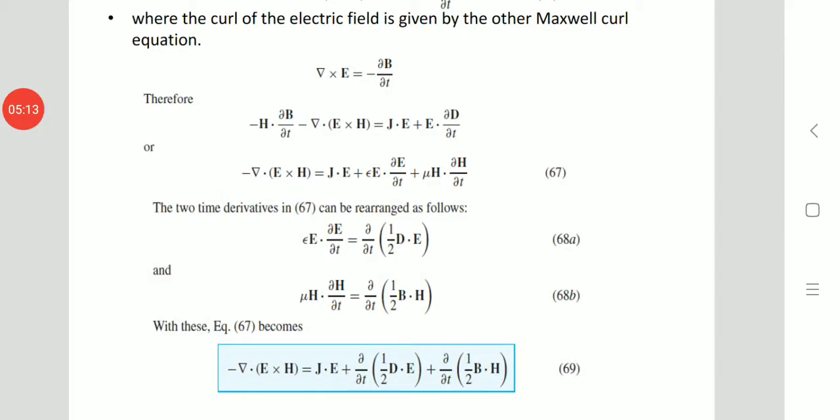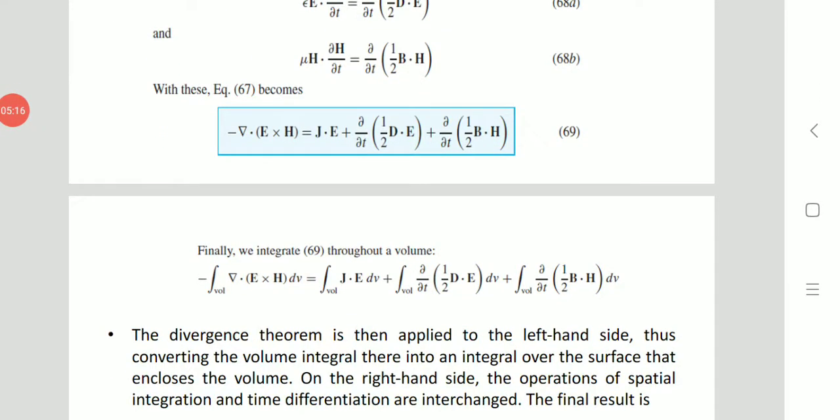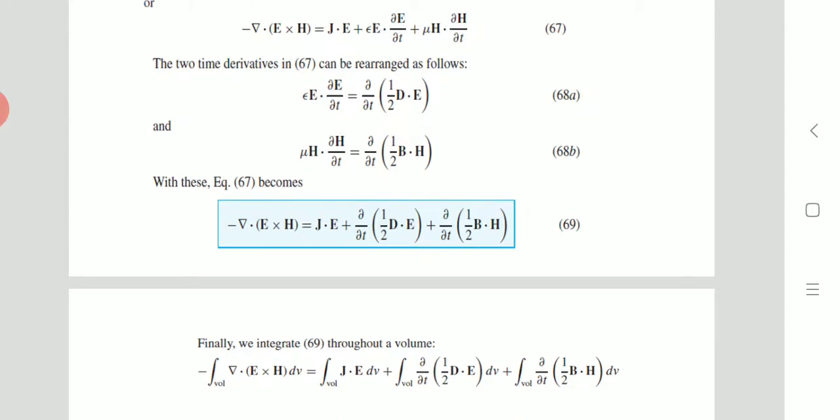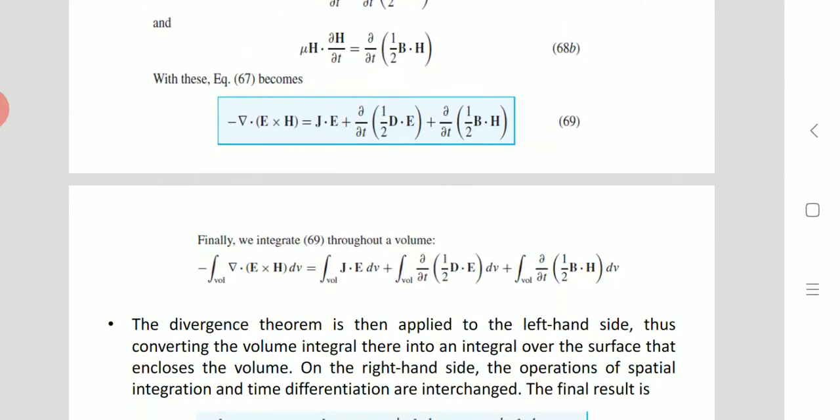So next, finally we integrate equation 69 throughout the volume, that is minus integration over volume del dot E cross H dV is equal to integration over volume J dot E dV plus integration over volume dou by dou T half of D dot E bracket complete dV plus integration over volume dou by dou T into bracket half of B dot H dV. So therefore in this equation, the divergence theorem is then applied to the left hand side, thus